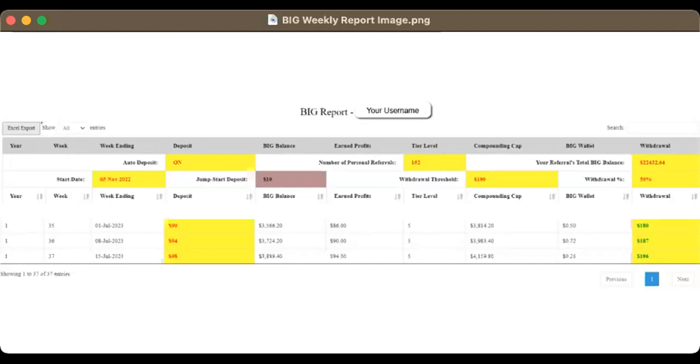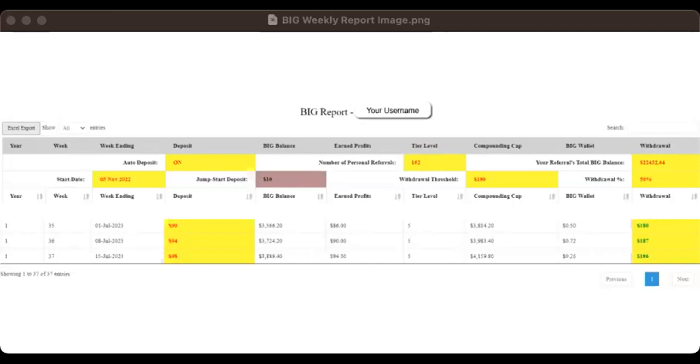Therefore, the big balance for the week of July 2nd through July 8th was $3,724.20 on this particular account. And when you multiply that times 5%, because this person is receiving on tier 5, the tier level is 5 there, you get